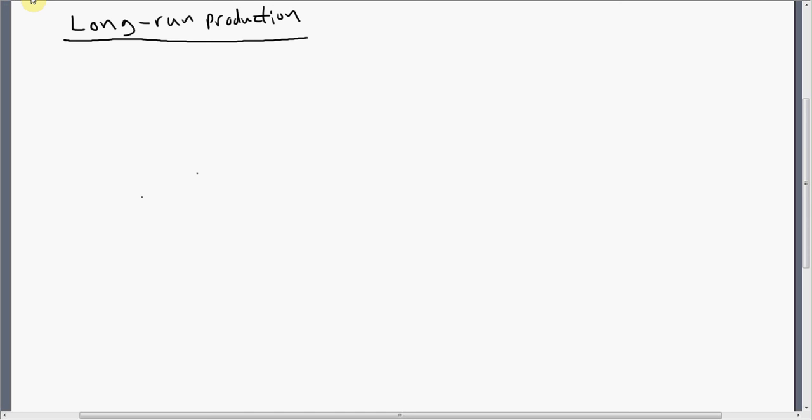Alright, today I'm going to talk about long-run production. Let's start with the concept of the production function. I'll abbreviate. The production function is just going to be a mathematical representation of the maximum output attainable from a given input